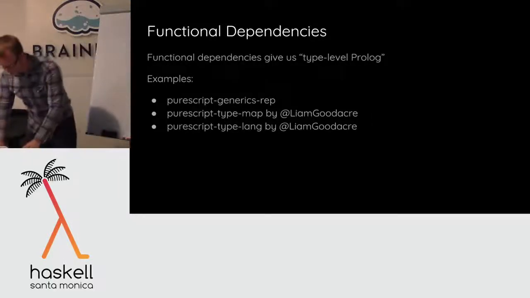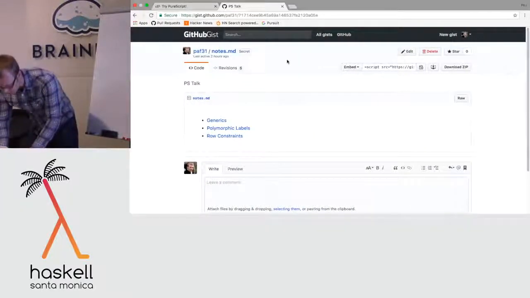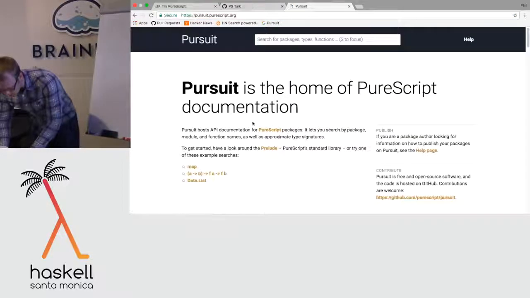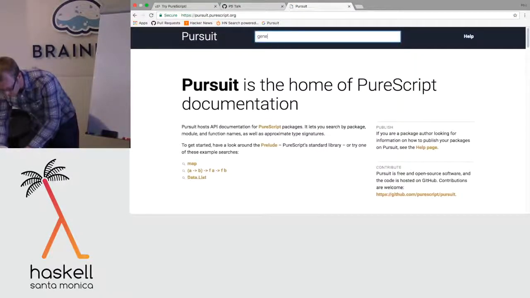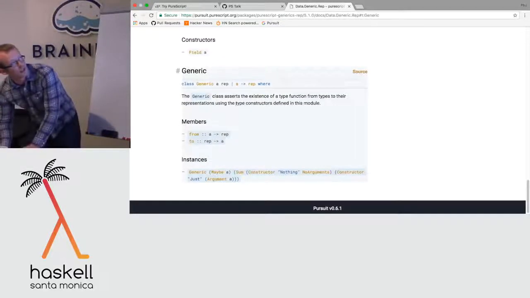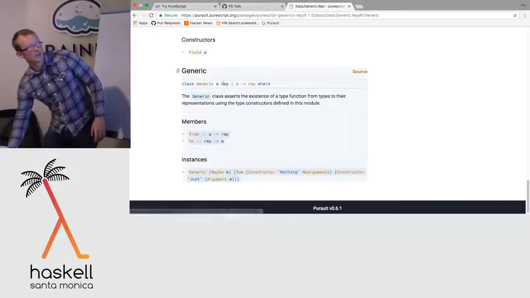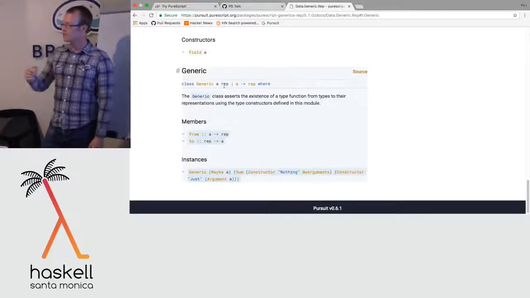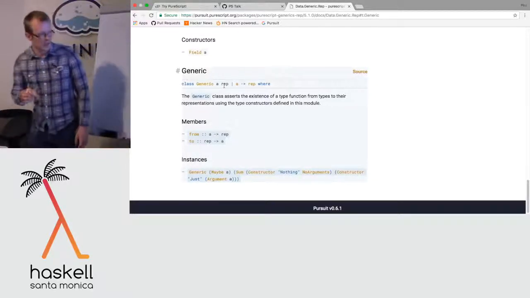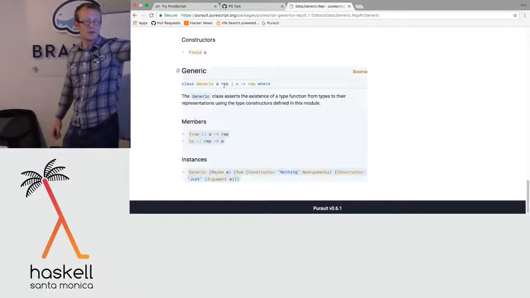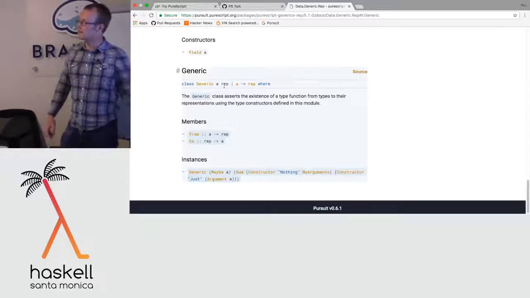I mean, I can show you the code. Can you just go back a slide or two? It was right as you were flipping slides that I realized it was a constraint. Yeah, sorry, just one sec. So this is the definition of the generic class. It has two arguments, an A, which is the type I care about, and rep, which is the representation type, and a functional dependency which says, if you know the data type, you know the representation. And then we have two functions here to go back and forward, from the values to the representation of those values and back to the original values.